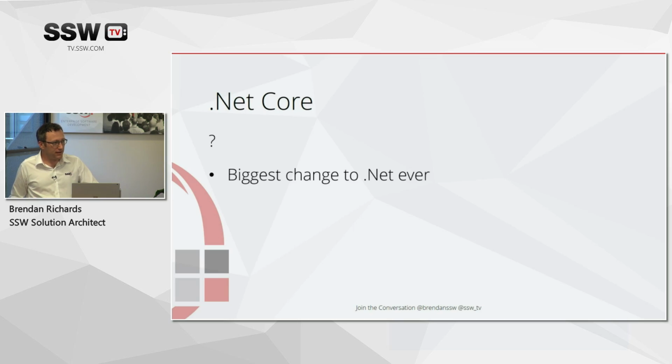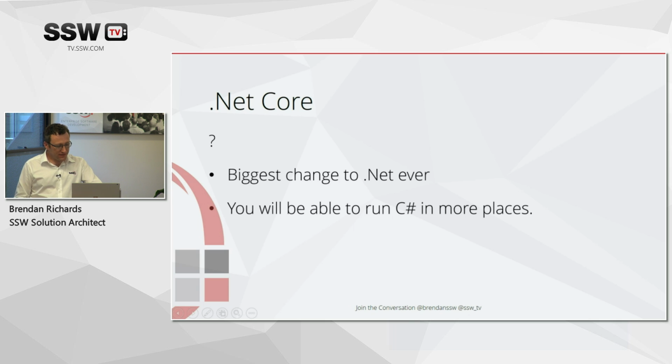Yeah, so I would agree with that. It's the biggest change that .NET has ever seen. Going back to my previous slides, where I went from version 2 to version 3.5 without changing the platform, code would just work on that platform, nothing would break, and they added new features. That's not what's happening here. They're taking all the bits apart, and they're pretty much rebuilding whole chunks of it from scratch. They're doing it in an interesting way, so you can still run your old stuff, and I'll show you some of that later, but there are huge changes. Eventually, this means you'll be able to run C# in more places: on phones, on non-Windows computers, in the cloud much better.